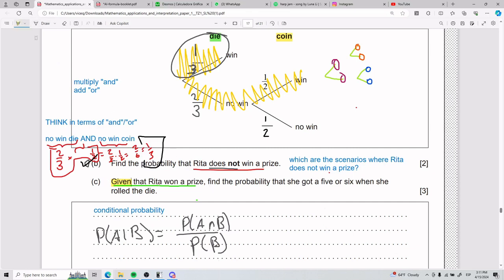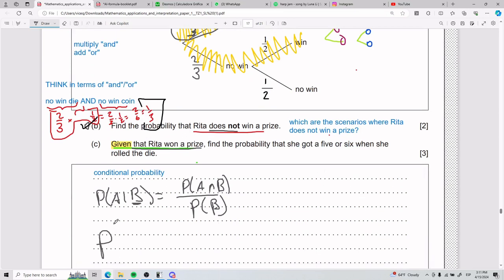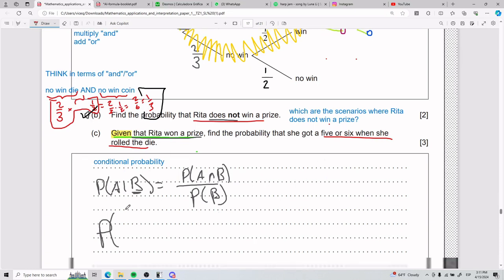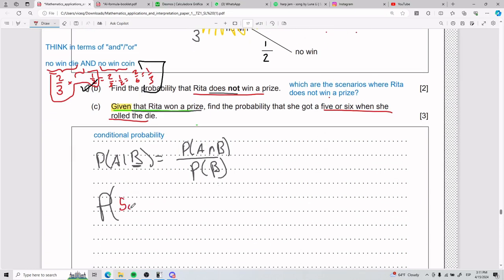So given that Rita won a prize, that means that B is going to be my given. So your A is going to be everything else. So your A is going to be getting a 5 or a 6, right? Now getting a 5 or a 6 on the die is winning on the die. All right, whatever. So 5 or 6 on die,